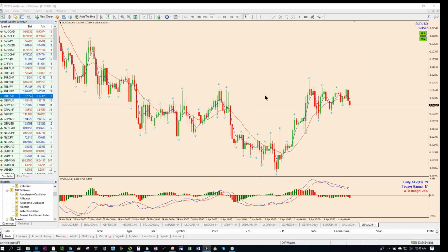Okay, so that's Euro USD. So again, I think Euro USD should bounce and go to the upside. See GBP USD. Do you want to have a look at the USD CAD at some point? Okay. So GBP USD